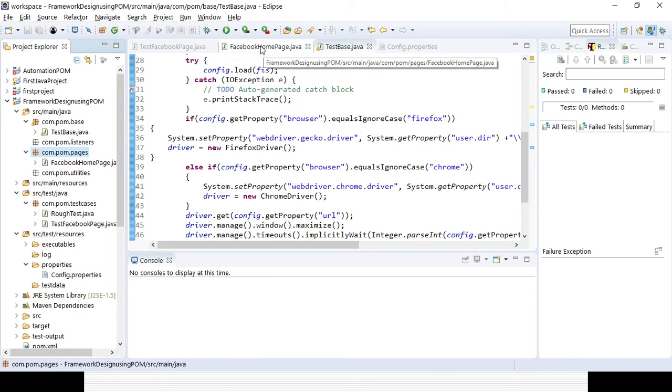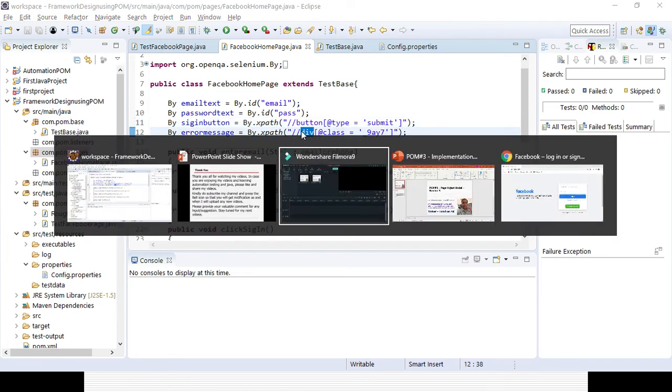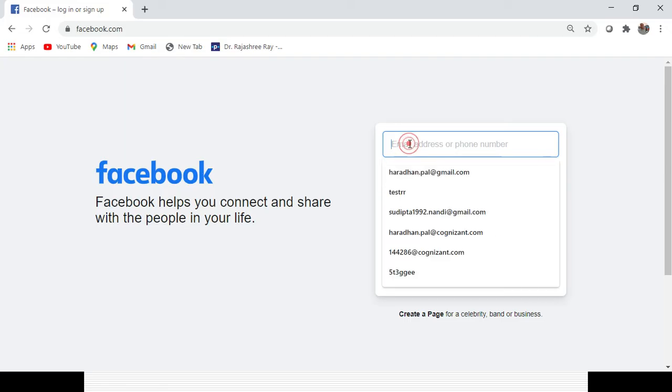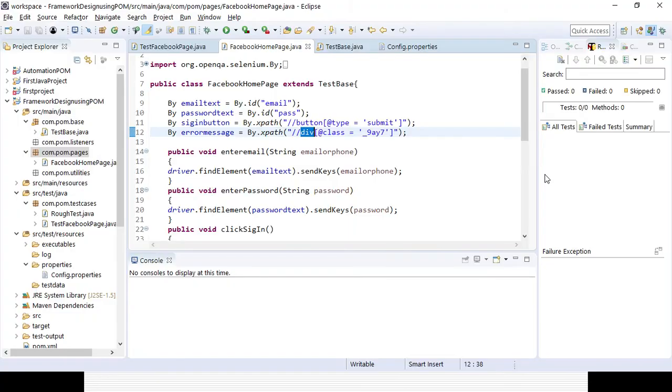If you go to the Facebook homepage, you can see we have identified the email field, password field, and login or sign in button. After entering invalid details in the email and password fields, whatever error message is displayed, I am also capturing it. I have also added an assertion point to verify the error message.